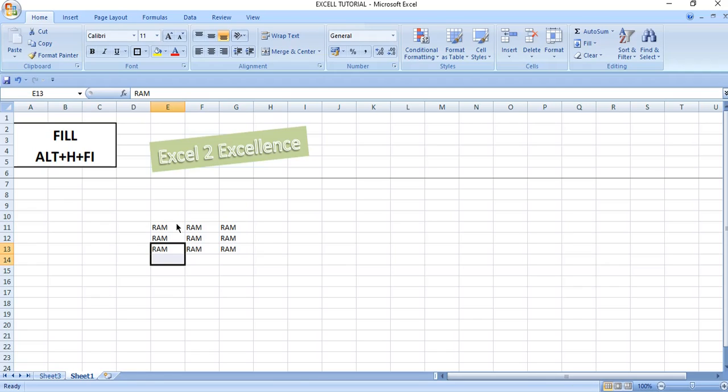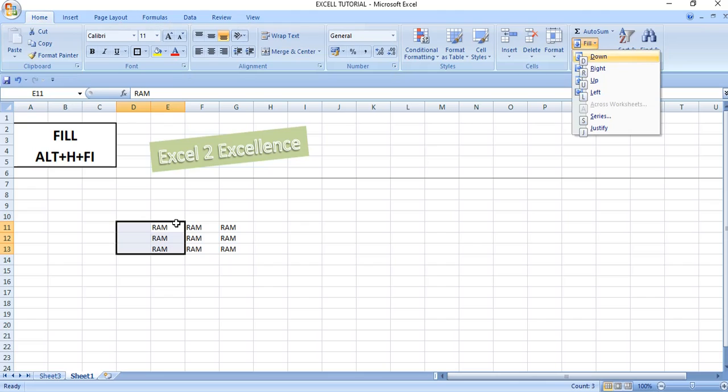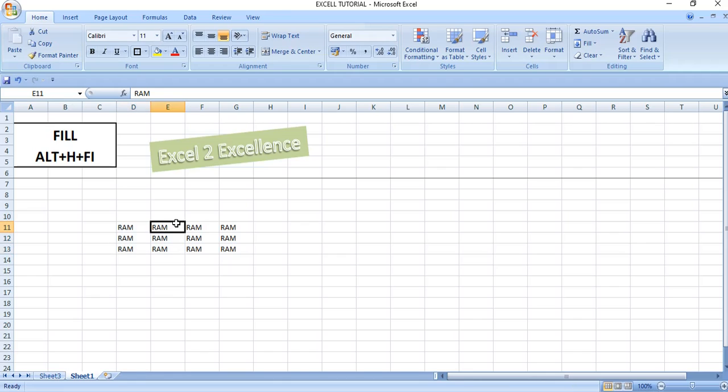This action can alternatively be done by using Ctrl D. If you want to copy this data in the direction left of the existing cell, you select the range, press Alt H F I L. So you will find the copied data in a location left of the existing location. In a similar manner, we can copy this data above the location of existing data. Press Alt H F I U. So using these 4 options, we can copy data in all possible 4 directions.